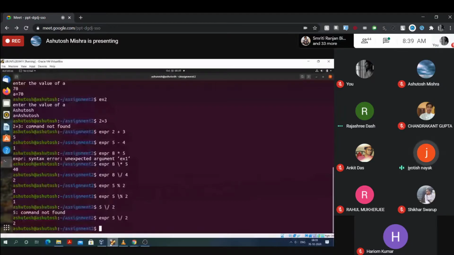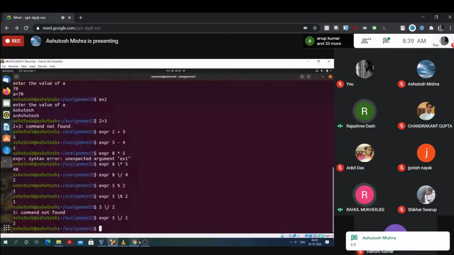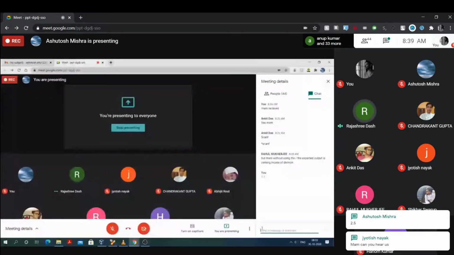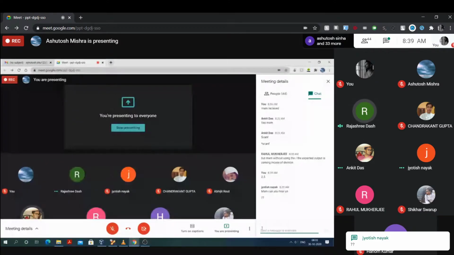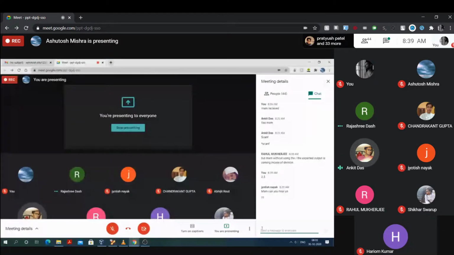Hello, ma'am, am I audible? हेलो ज्योतिष मैम को सुबह 5 जाने division 2. What should be the answer? Jyotish, chat box में answer लिख. is 2.5. हाँ वही वो चैट बॉक्स में No, लिख I am not able to hear you. हाँ अभी देखिए ना पूरा चैट बॉक्स में लिखना आपको सुनाई नहीं दे रहा है अभी तक.